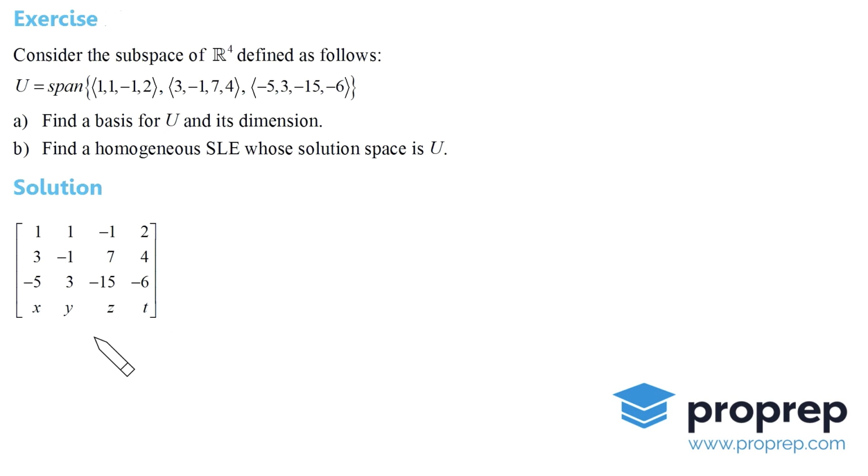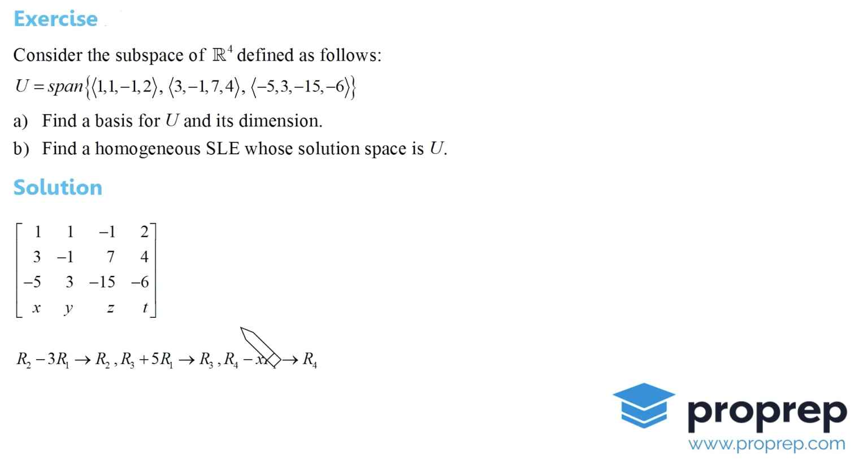And as you might have guessed, we probably want to bring this to row echelon form. That's pretty much what we do with matrices. As usual, we want to get zeros below this one here, and we subtract multiples of this first row from the others,